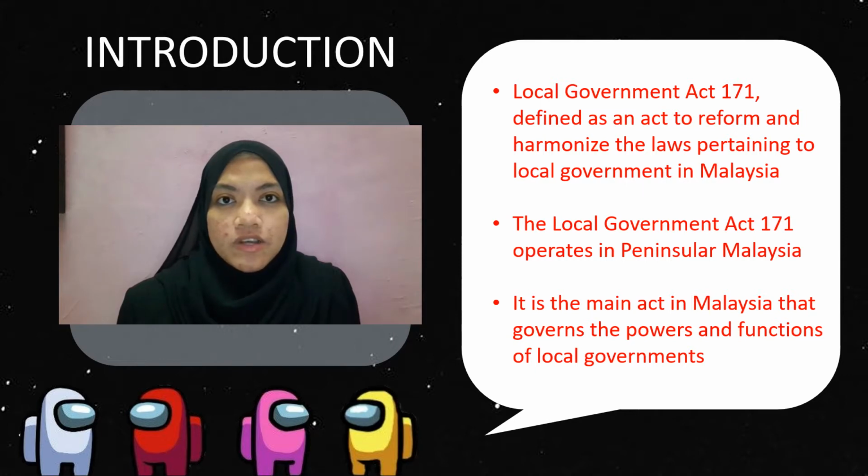It gives all local governments the authority to carry out their tasks in order to assist and enhance the performance of local governments in terms of their functions. According to the Local Government Act 171, the five main provisions of local government are: policy and decision makers, protect the interests of the people, attend the full council meeting, oversee the overall running and administration of the council, and representative of people in council.